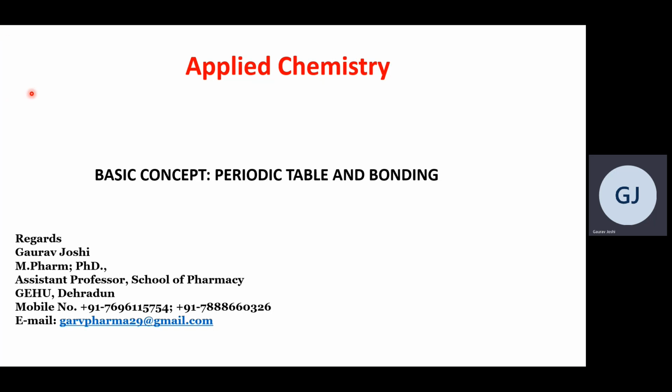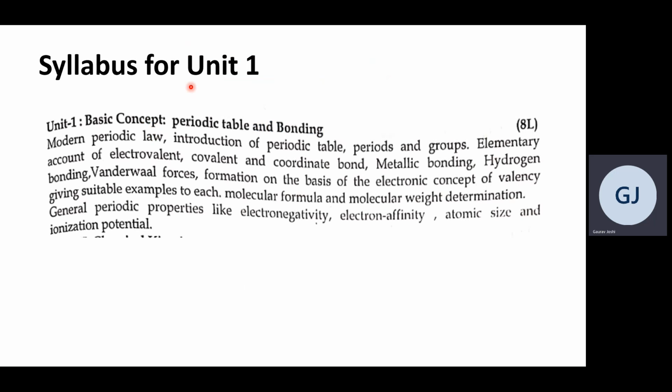So basically, we are going to deal in unit 1 with the following topics, as per the syllabus. We'll be discussing the modern periodic law, its importance, and how we classify the elements, particularly in the various groups like S block, P block, D block, and F block elements. We'll look at how the physical and chemical properties change among these blocks, like the SPDF blocks. We'll be dealing with properties like electronegativity, electron affinity, atomic size, and